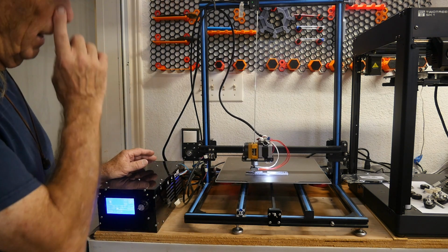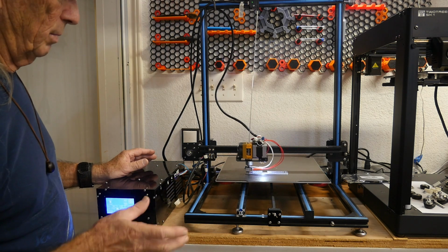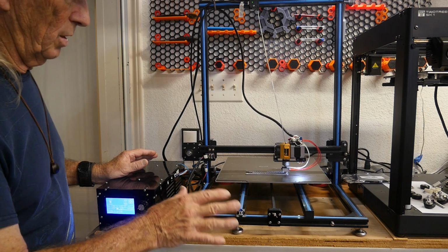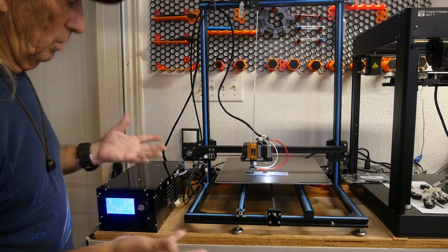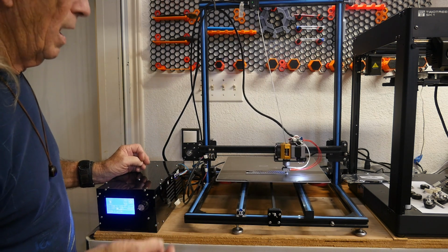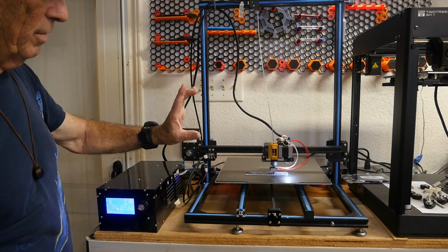But I think the main issue now would be that cooling, and I think the only way I'm going to get around that is to spend a little bit of money. Like I said, I'm trying to keep this on a really dead level budget of spending as little as possible to get it up and running and fixed. But you know, and I know, you're really banging your head against the wall when you try to do little numbers like that. I probably need to get like the Creality system, where it's a direct drive and it comes